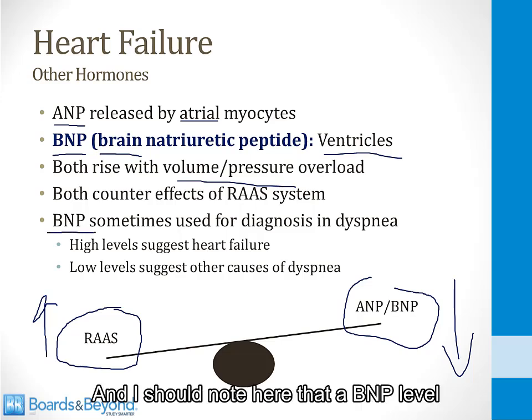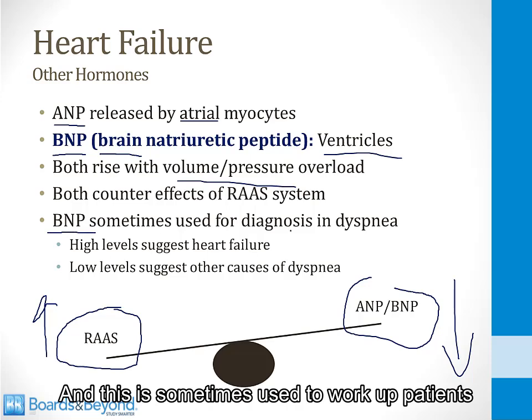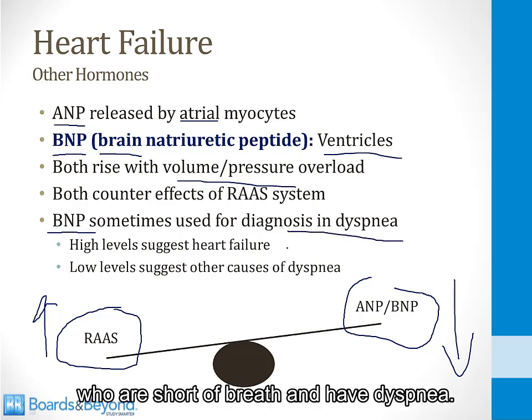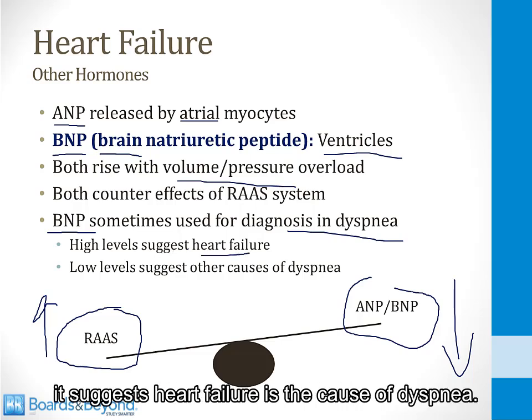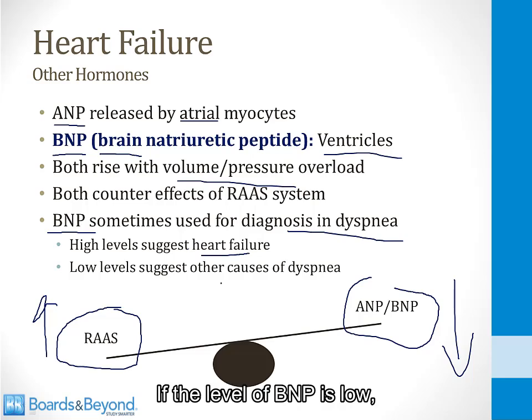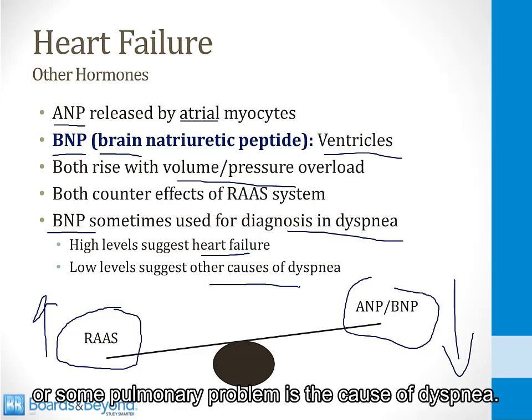And I should note here that a BNP level can be measured in the plasma, and this is sometimes used to work up patients who are short of breath and have dyspnea. If the level of BNP is high, it suggests heart failure is the cause of dyspnea. If the level of BNP is low, it suggests some other cause like pneumonia or some pulmonary problem is the